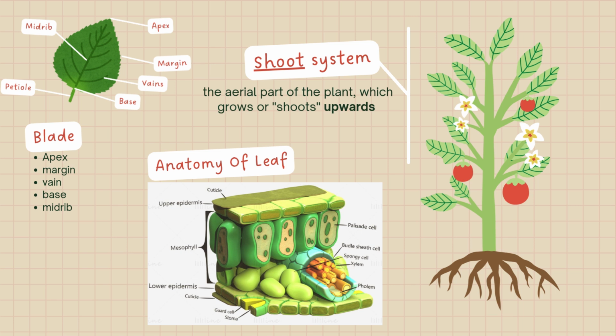The shoot system is the aerial part of the plant that grows upwards. It includes the stem, leaves, and flowers. The leaf is a key part of the shoot system. Its external features of morphology